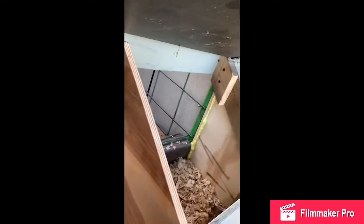Of course, with one hand it's hard. Okay, I'll figure out a better way to get this open. But we have 6 nesting boxes, and when the nesting boxes need to be cleaned out, we have some hinges here on all of them. Let me see where I'm at. Okay, he has 3 of them. And I just unhook all 3 of the hinges,